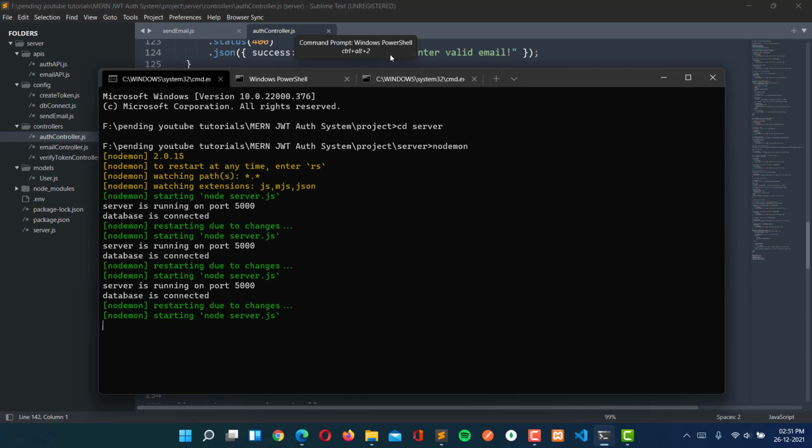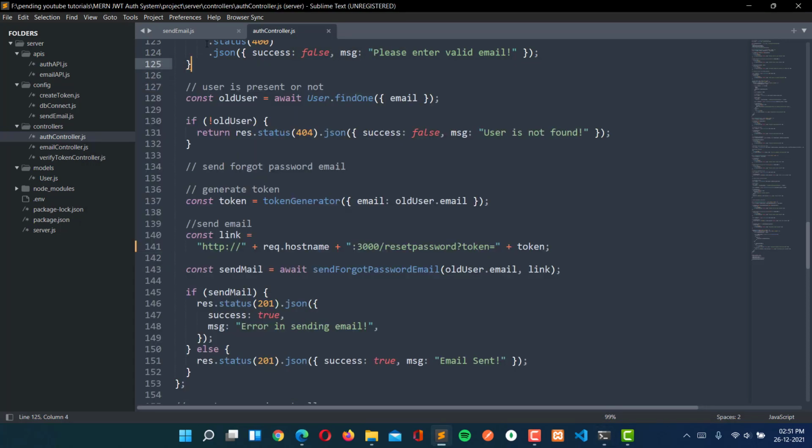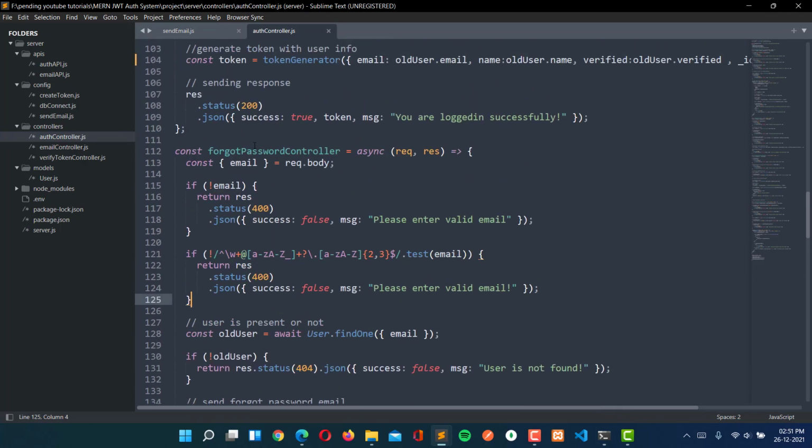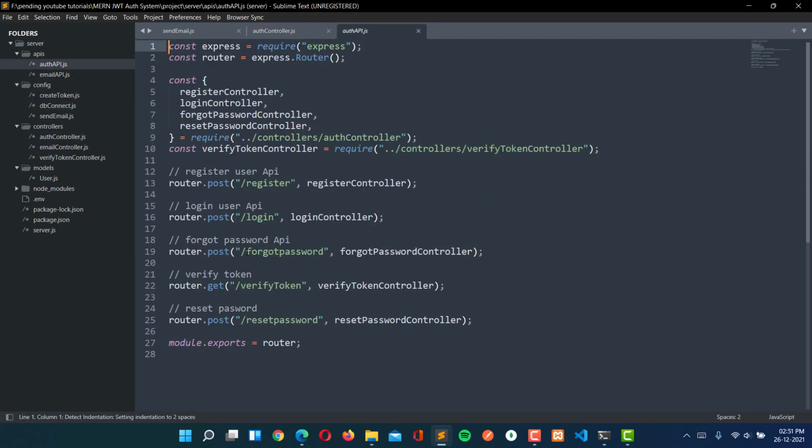So it is compiling here. Now, first of all, let's see what the route is here. That is the forgot password. Let's go to the auth API, and the route is auth/forgot-password, and we also have a verify token. That one we will do for the reset password. So we will work with these two routes, and this API only we need for the forgot password.